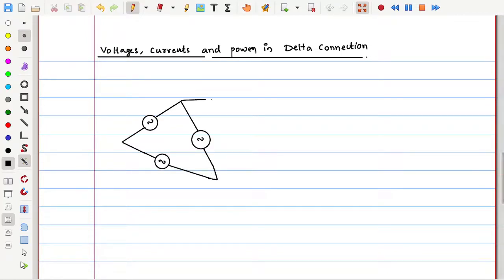So now you can say that this is a three phase generator, whose system, let us say this is R phase corresponding thing, this is Y phase, this is B phase, and